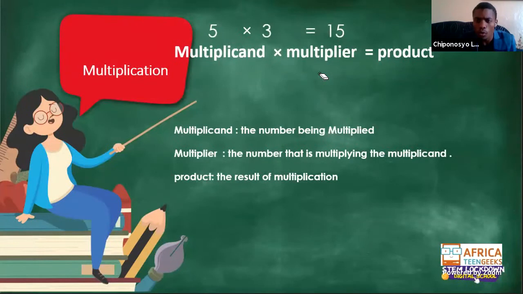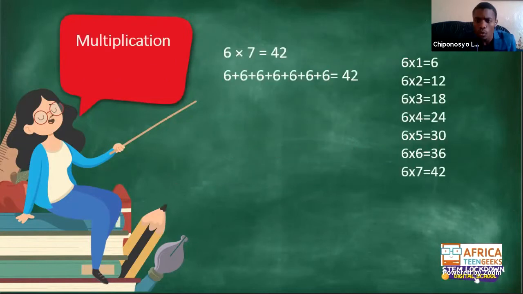The multiplier is the number multiplying the multiplicand. The product is the result of the multiplication. So let us look at, for example, 6 times 7, where we take 6 and add it to